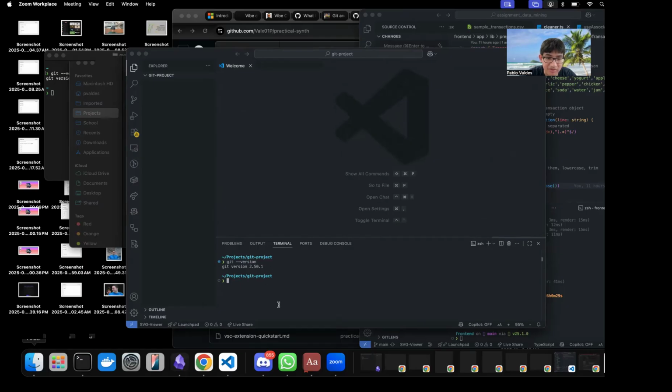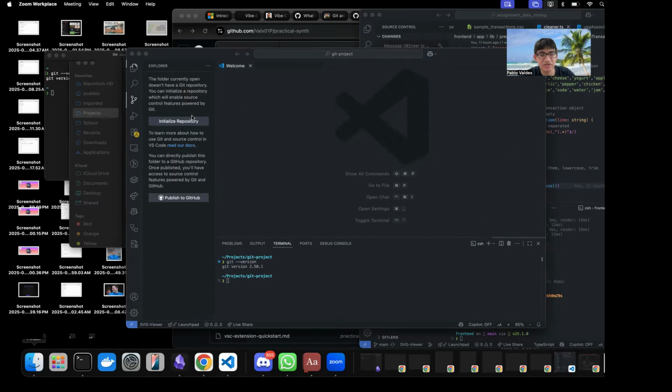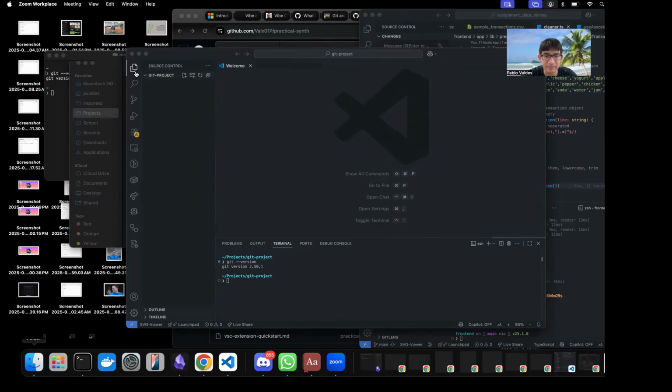And in here, you'd be able to use Git in the command line inside your editor. And you'd be able to initialize a repository and keep track of all your Git changes over here on the side panel where it says source control. You can initialize a Git repository here and connect it to your GitHub account. So any changes you make inside of VS Code will be sent directly to that Git repository inside of GitHub, right? But the actual Git repo lives inside your computer. So there's a secret folder there tracking all those changes you've made. And you could publish those changes to GitHub so you could share them with other people, right?